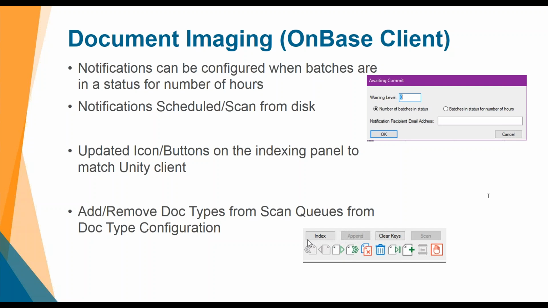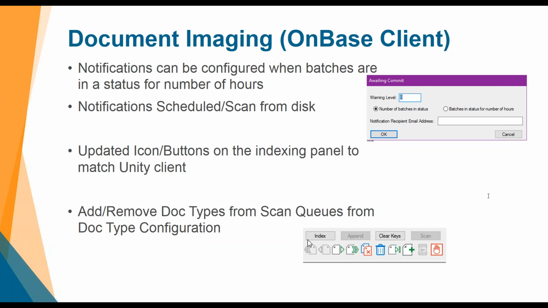Well, they've now enhanced this a little bit more and added status for a number of hours. So if you have specs that you want documents through certain queues within your scanning process at a certain amount of time, you can set this up and be given those emails or those notifications